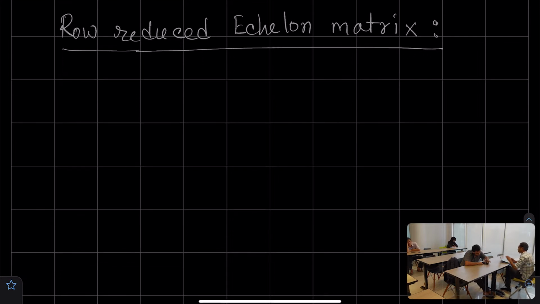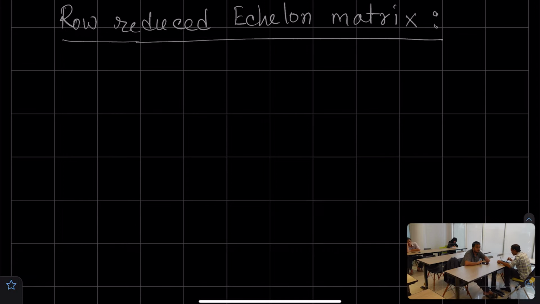To do the row reduced echelon matrix, first let us consider a simple example of a row reduced matrix,